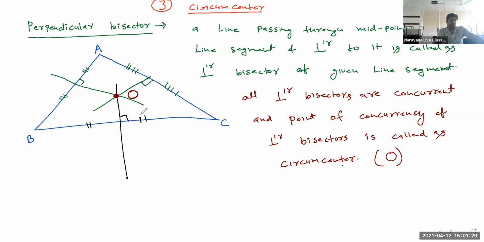Now, there are so many things to observe in this topic. So the first note is note 1. Just write note 1. After that, I will explain. So note 1 is, circumcenter is equidistant